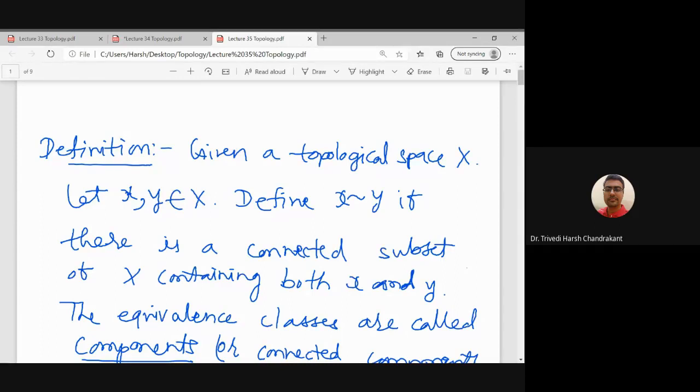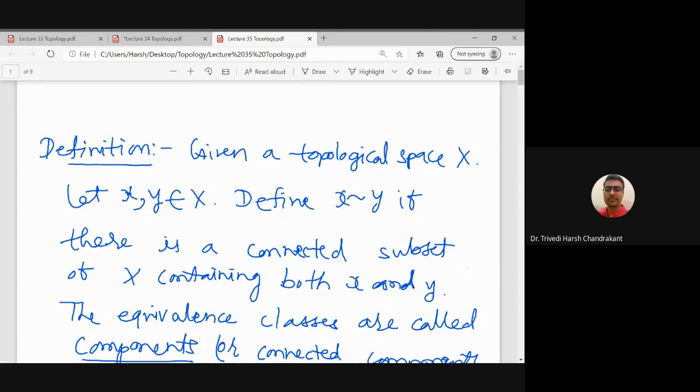So today we will discuss a certain notion, which is a component of a topological space. If I have a topological space which is disconnected, then the question is how many connected components it has. As a whole, the topological space is not connected, but it can happen that its subsets are connected. So how do we identify the largest connected subsets of X whose disjoint union is the whole set X?